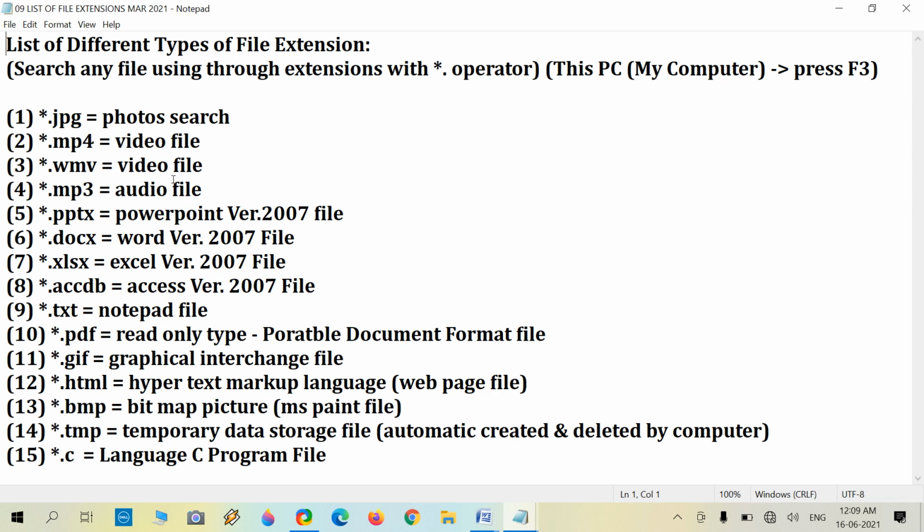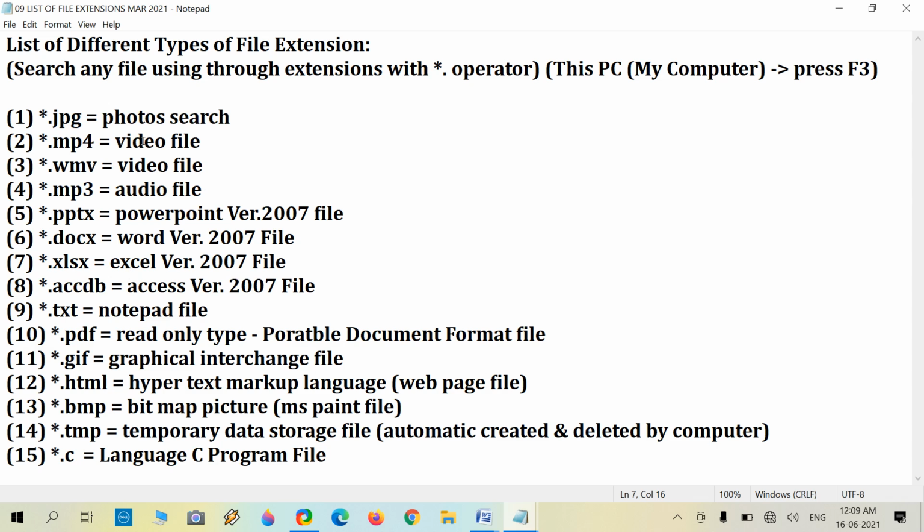If I want to search for a JPG, a photo file, in my computer, I will use a code like asterisk, dot, JPG. The dot JPG, the 3 characters, is known as the extension, and it is the extension of a photo file.